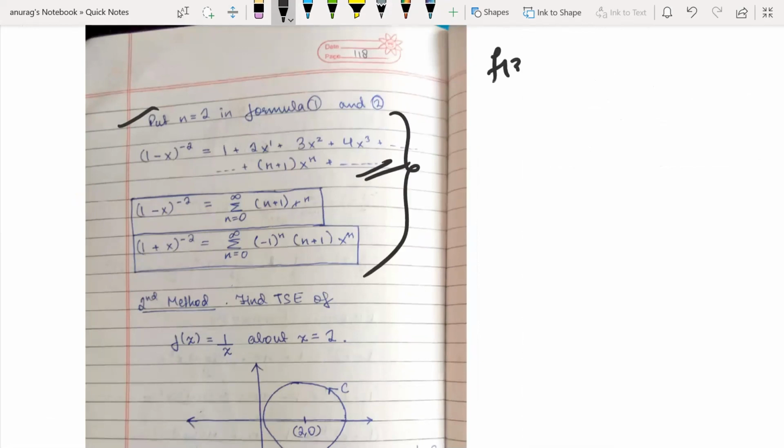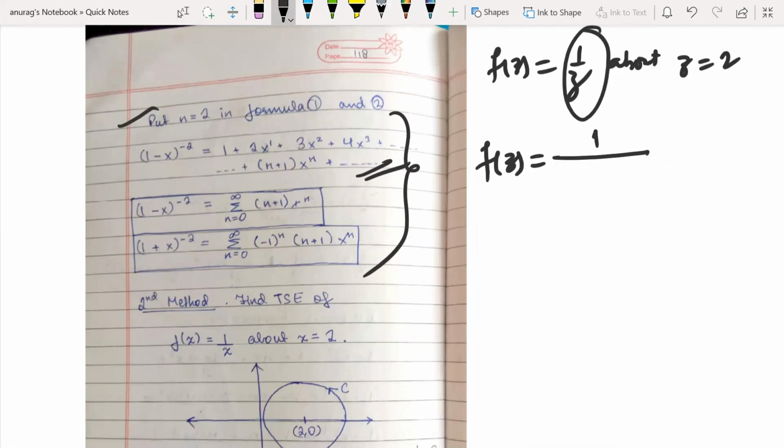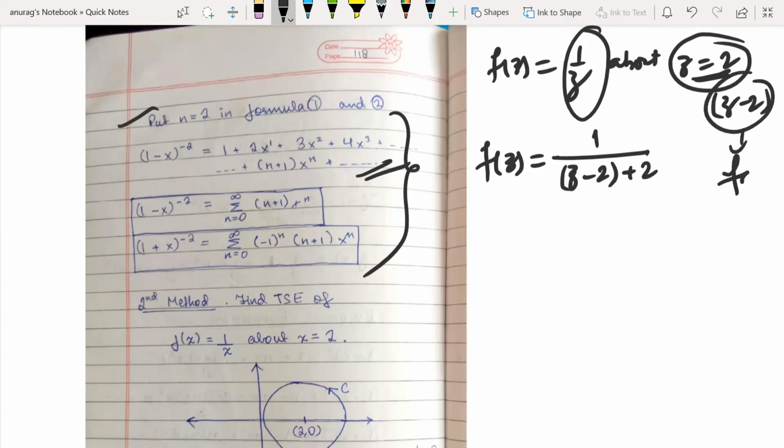Second method: if you want f(z) equal to 1 upon z about z equal to 2, and you don't know anything else, since the denominator is a polynomial, you can directly solve by the binomial. So if you want an expansion about any point, z equal to 2, make that factor. So we have to add 2 and subtract 2. Always use this. It will become a z minus 2 factor always if you are going to find about z equal to 2. Now make this constant term a 1. So take 2 common. So it will become 2 times 1 plus (z minus 2) by 2.